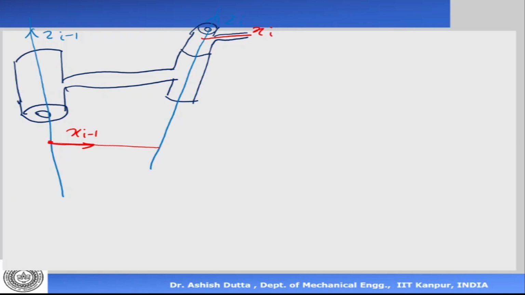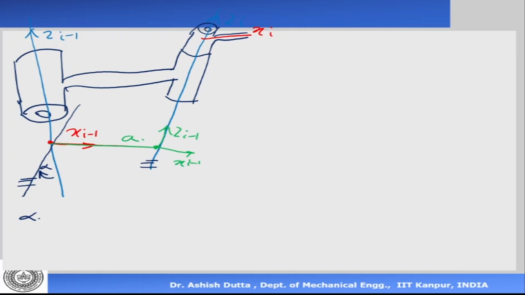So now I'm saying that I want to align the two axes, i minus 1 with i. So how many transformations are required? We first rotate. We draw a line which is parallel to the other axis, so this is parallel to this. I move this by an angle alpha. Then I move the origin by a distance a. So I move it here, that's the distance a. Now what has happened? My z i minus 1 has come here, and my x i minus 1 has come here.